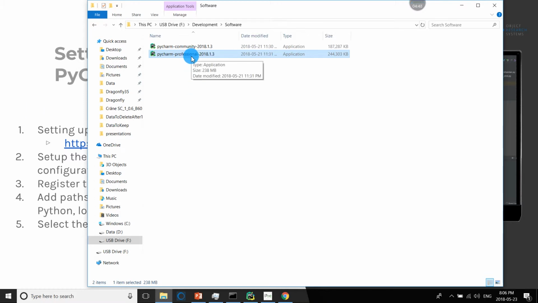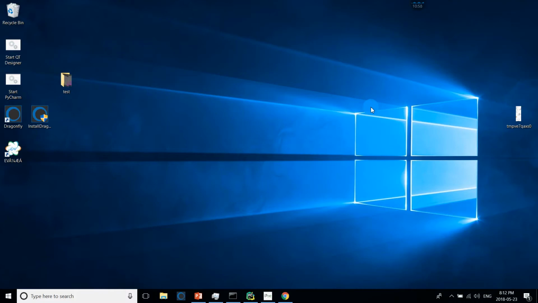There are some differences between the two, but for today you can try either. At ORS we use the professional edition because it has certain features we really like that you may not need today. Can you please install PyCharm if you haven't already? I will just continue for now, and I'll come back to you.